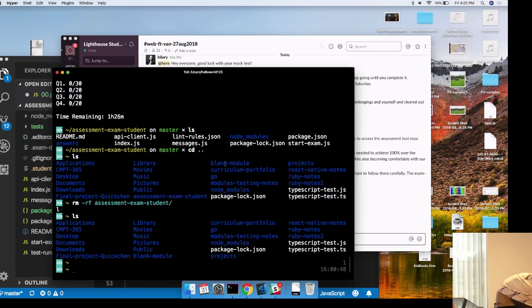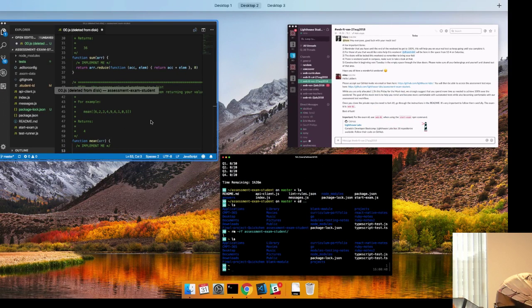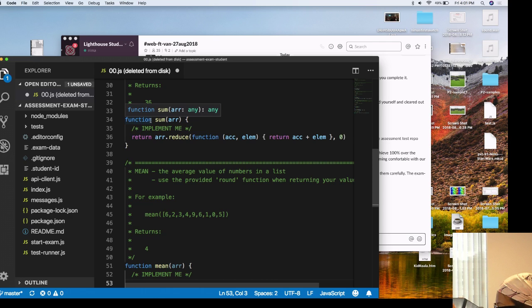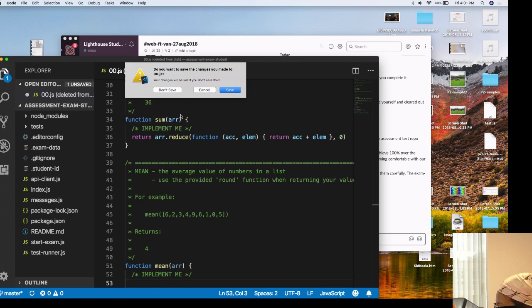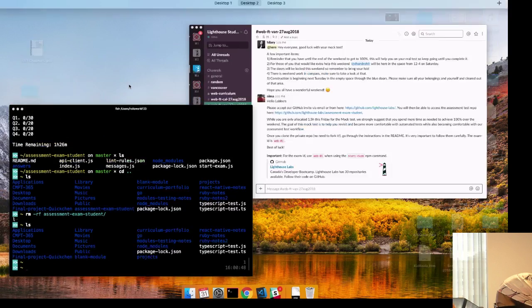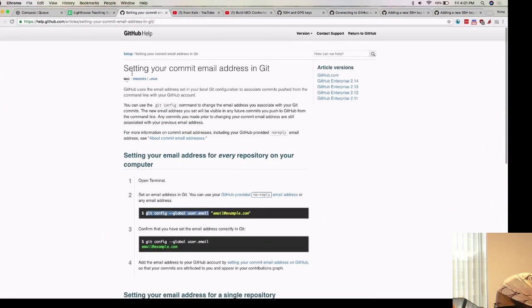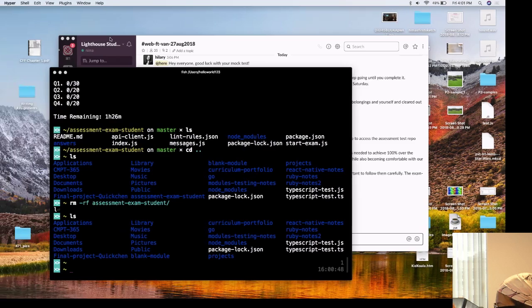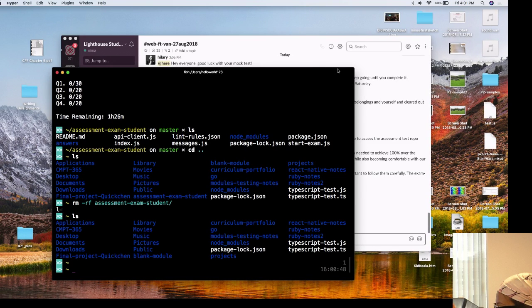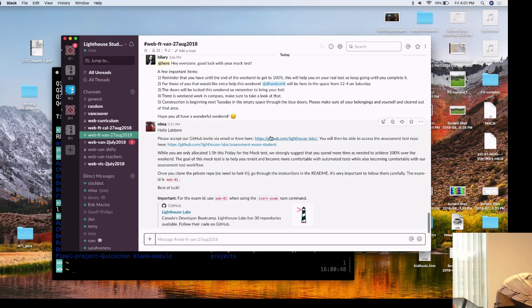So we've all heard about the mock test at this point. I guess I've said the word mock test a couple times. Just want to say it until the word mock test doesn't mean anything anymore. No, so we have a test, and this one's not worth anything. Don't worry, there's nothing at risk here. But there's a bit of setup, which is why I'm just going to show you how to do the setup.